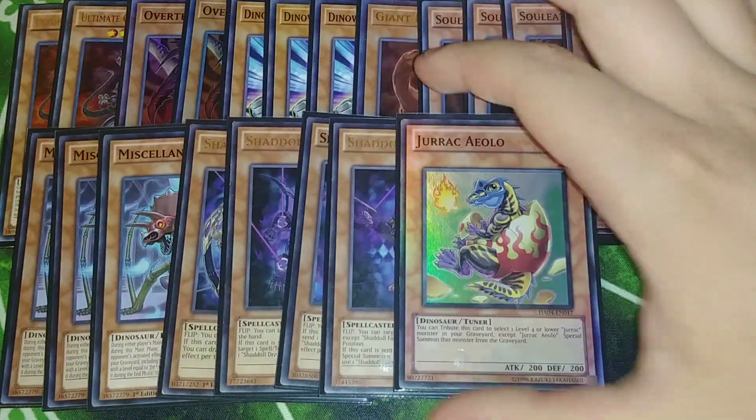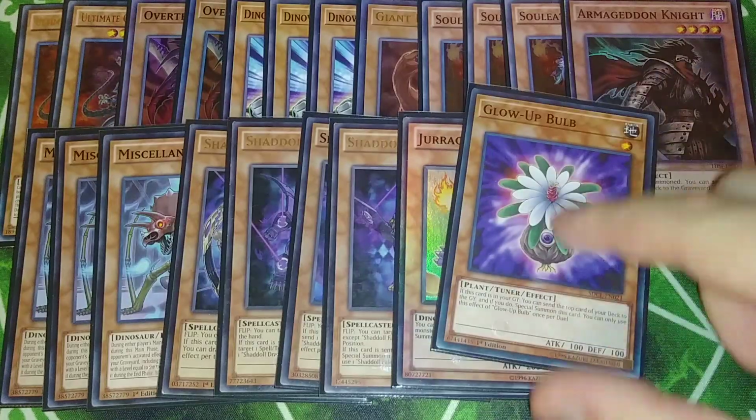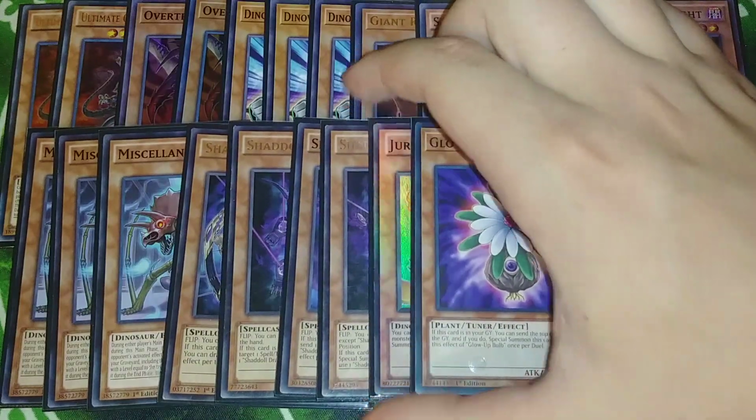1 copy of a Paleo. Basically, this is just a level 1 tuner that lets you go into your other level 5s, or even go all the way up into Trishula by using this with 2 level 4s. 1 copy of Glow Bulb. This is our Nat Beast target. You're going to use these 2 monsters to synchro summon into Naturia Beast,